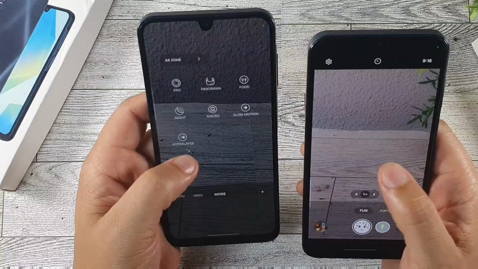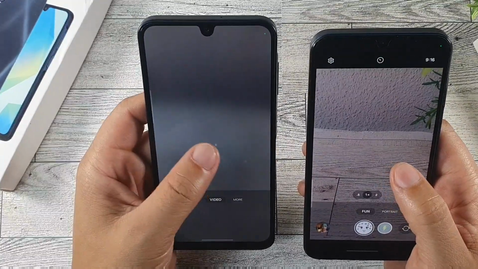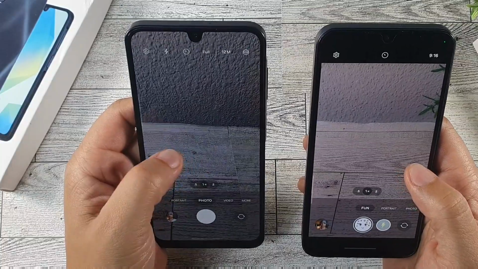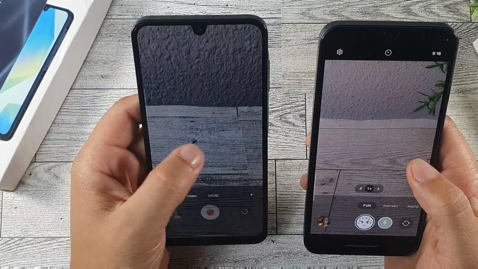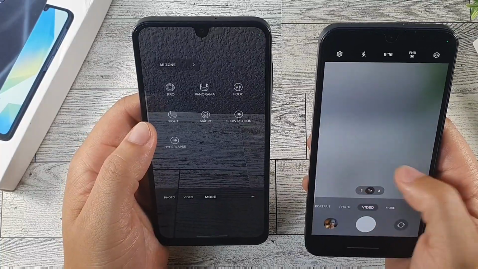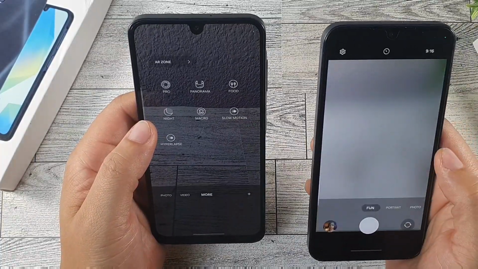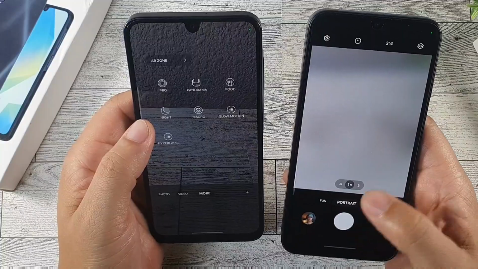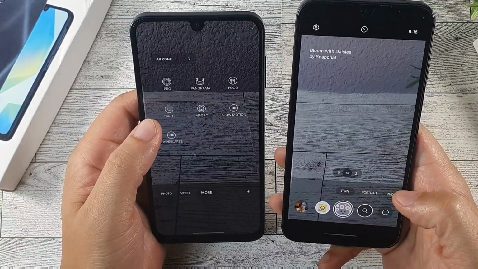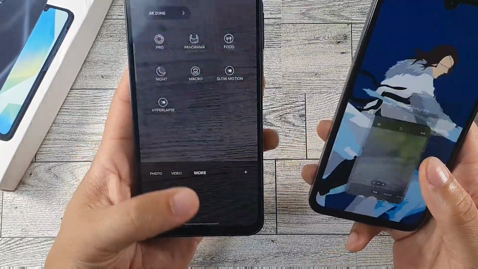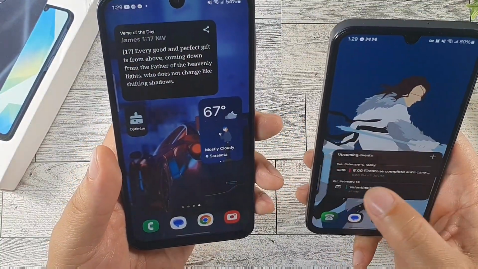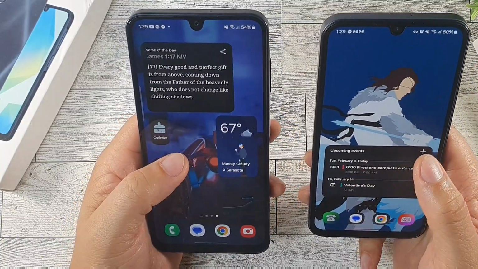But yeah, I did notice a fun mode. You do have that fun mode on the A15, but I don't see that fun mode on the A16. I think they got rid of it. So just something to keep in mind there. The fun mode is the Snapchat filters. So if you like Snapchat filters, the A15 does have that still built in, so you can kind of play around with that. That's definitely going to come in handy if you're the type of person who likes those Snapchat filters. But overall,